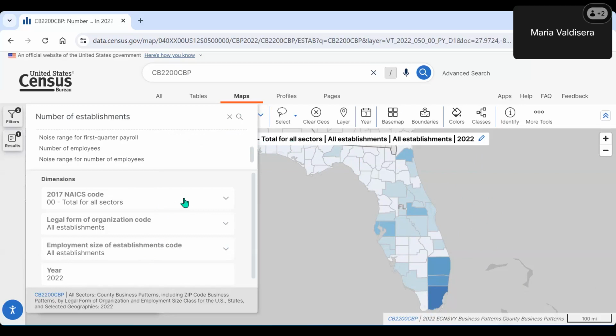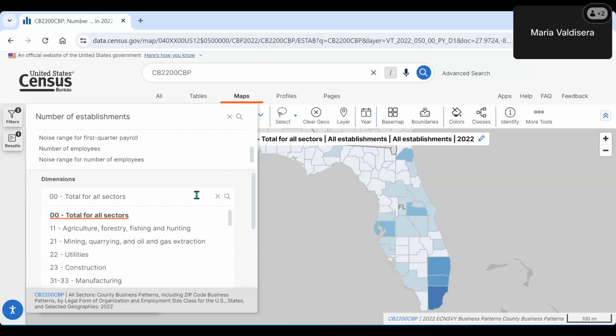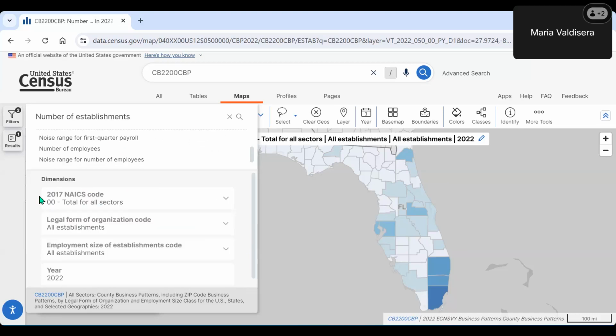So the map has 3 drop-down menus for the dimensions related to this table. We have the NAICS codes, the legal form of organization code, and employment size of establishment code. So we'll click on the drop-down menu for the 2017 NAICS code. You can get rid of total for all sectors.